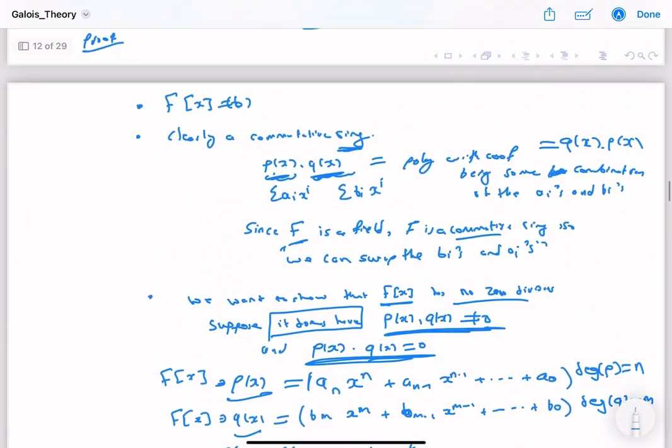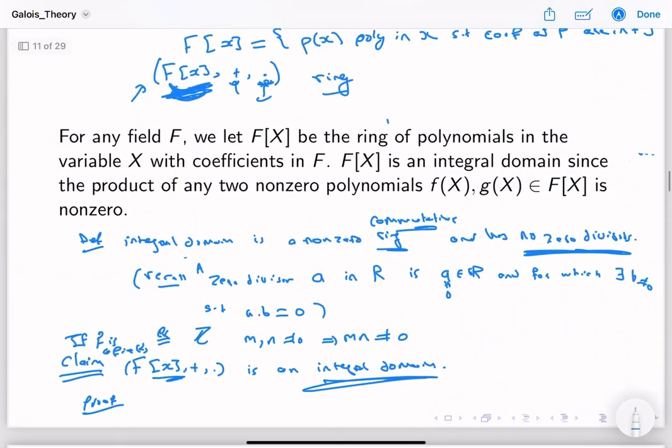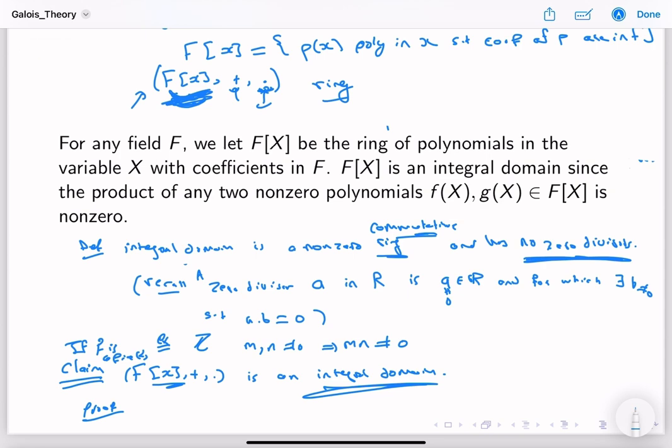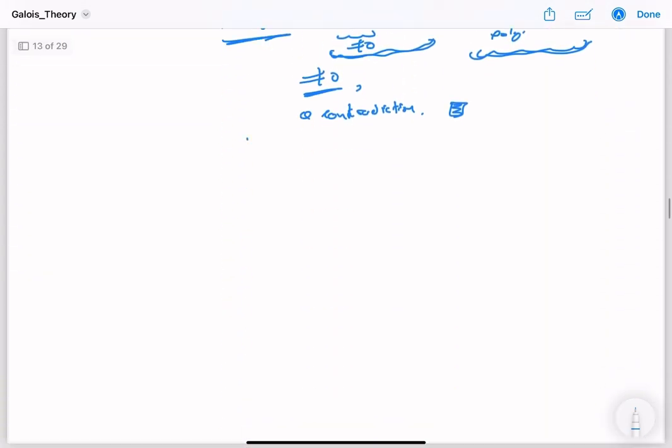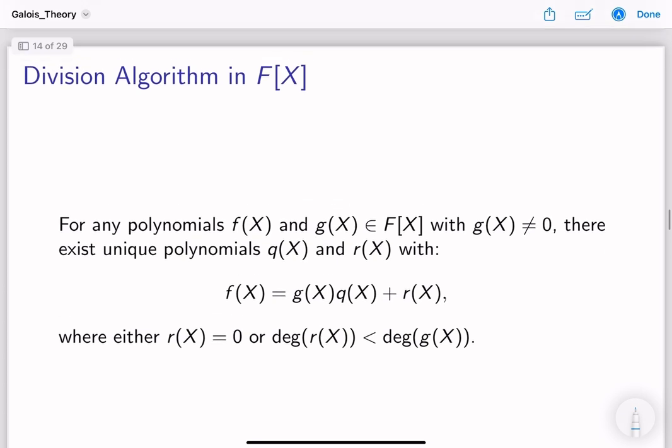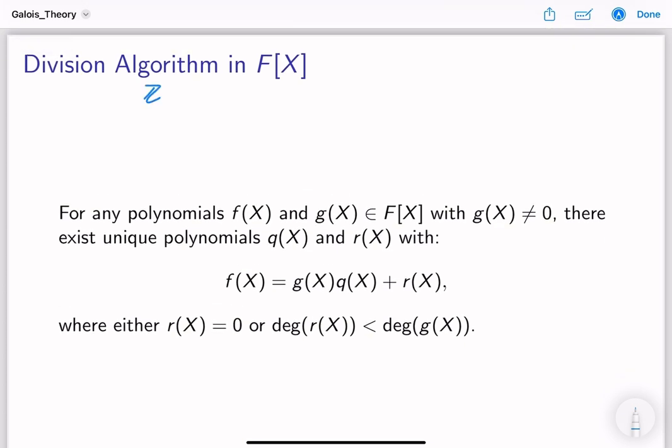All right. So the next thing we need to talk about is the concept of the division algorithm. You remember that the integers form a ring, and you have the so-called Euclidean algorithm, or division algorithm. And what it says is that for every a, b, and we're supposing that b